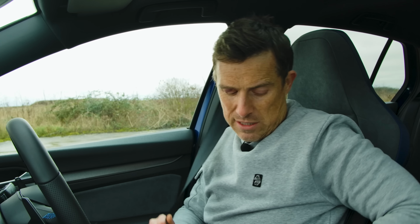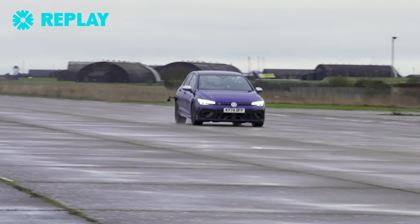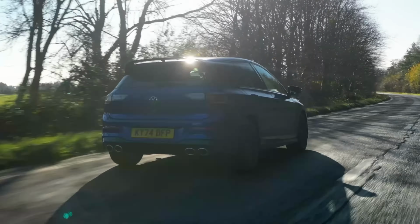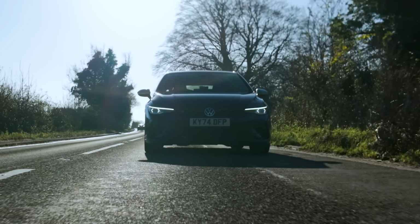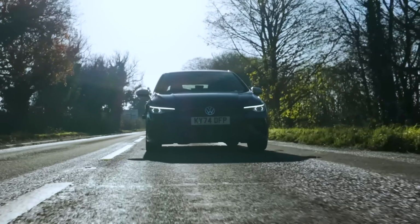Let's see what this car is actually like on a twisty road. Is it fun? Good in a straight line and it's stopping, but what's it like when you want to drive it around some corners? Do you know what? Sometimes you climb into a car and within a few hundred meters of driving it, you know that it is just right. That's exactly how it is with this Golf R. It's as if it's been built for me,